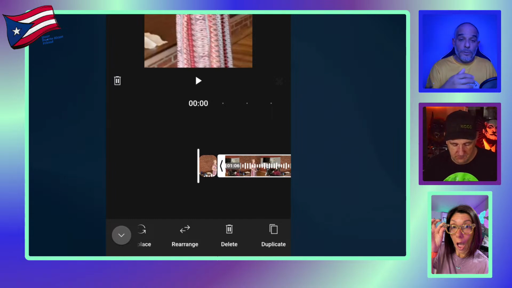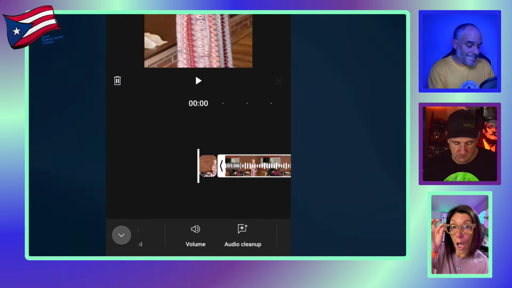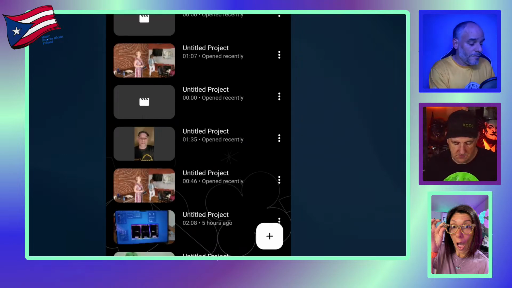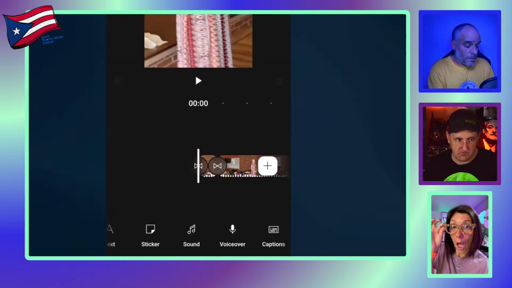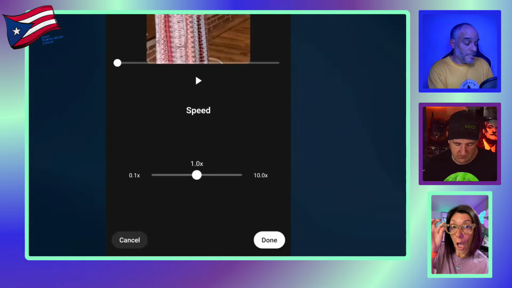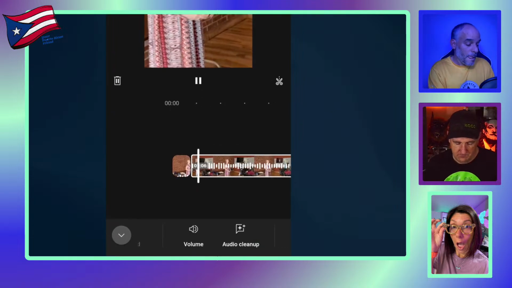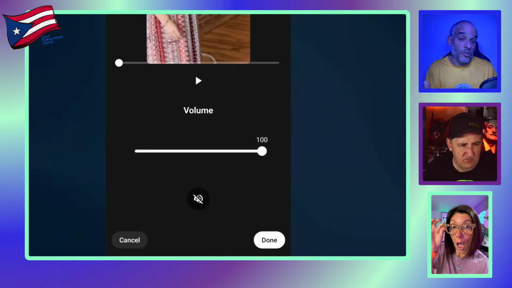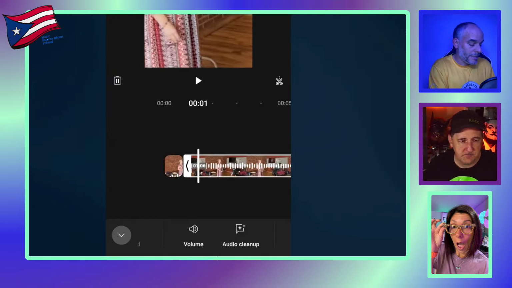And that's what's great about this, because you can do different things, including having the sound with it. I love that. You can adjust the volume on it as well when you add things to it. And you can adjust the speed of how it will play. But you can adjust the volume if you find you have too much volume or too low a volume. Hopefully, if it's at its max, then you can forget about it.